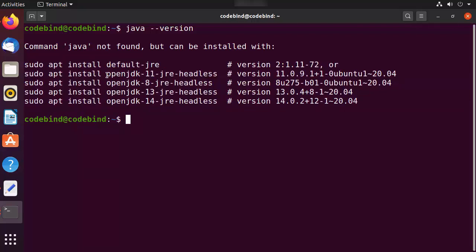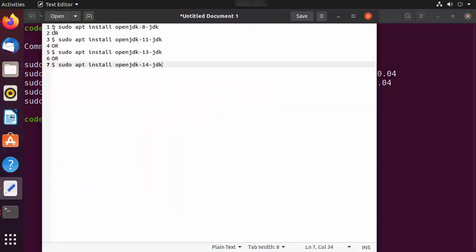Now, as you can see here, we don't want to install the OpenJDK version of Java. We want to install the Oracle Java JDK, right? So if you are interested in installing the OpenJDK Java version, then you can give one of these commands. If you want to install the Java JDK version 8 for OpenJDK, you can give this command. For 11, you can give this command. Then you have the 13 version, 14 version. Nowadays, the 15 version is also available for the latest version of Ubuntu operating system.